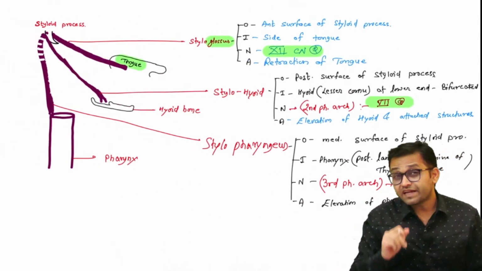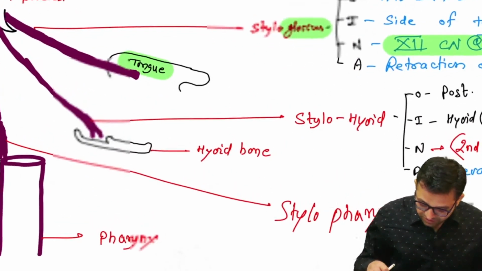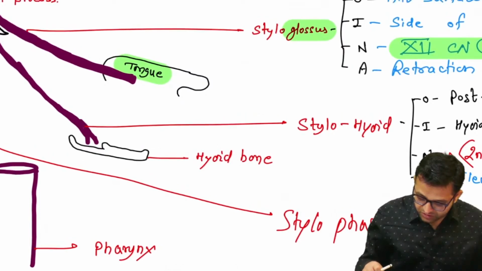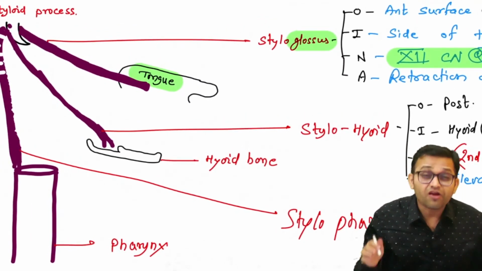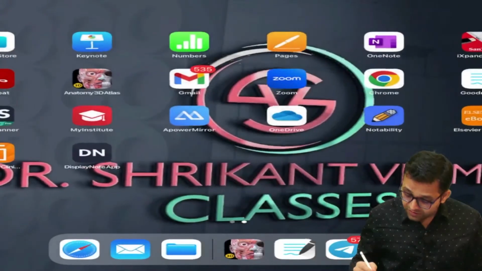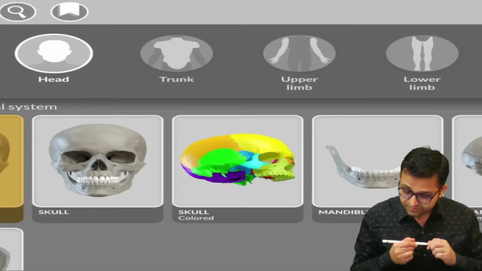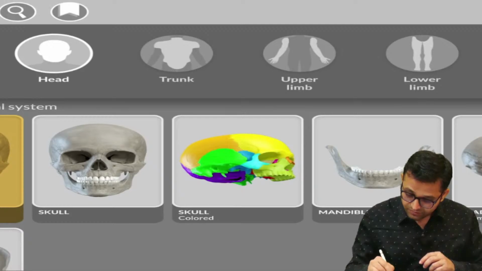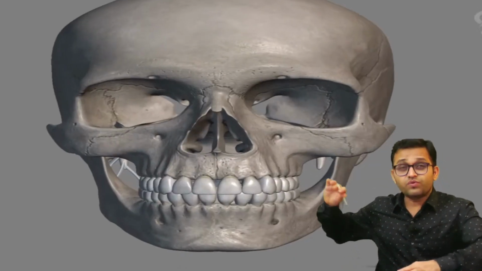Fine. But there are the ligaments also. So try to catch this point, sir. Ligament. First, we are going to talk about the stylomandibular ligament. So remember, styloid process to the mandible. Yes, it is on the medial side. Mandible is on the medial side. Correct, sir? Look here, trying to find out in this beautiful three-dimensional orientation.